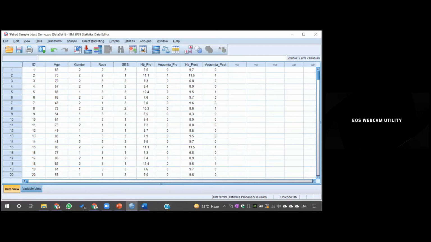Now I said I have to check the underlying assumptions, and the question I have to solve is whether, because of some intervention, there is an effect on hemoglobin level. So hemoglobin pre and hemoglobin post. One assumption was that there should be one variable which is continuous in nature. Hemoglobin is continuous, and the independent variable in this case is two different time points, pre and post. So what will I do? I have to create another variable, and that another variable is